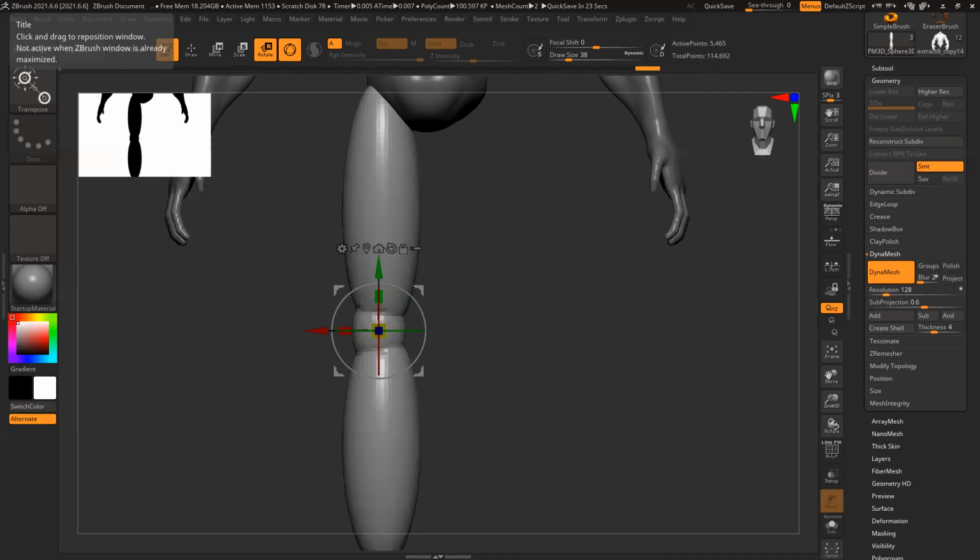Just opening the reference. Where is my leg reference?